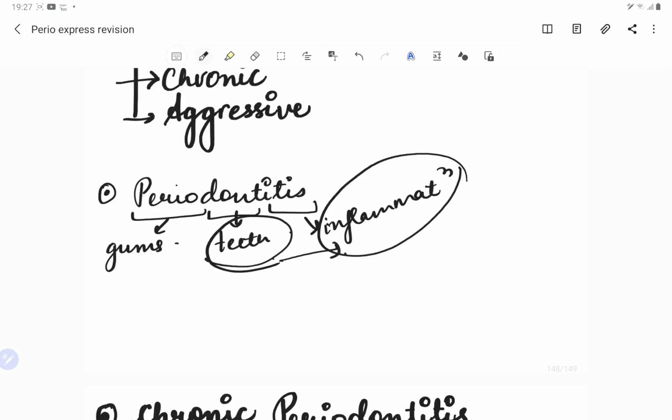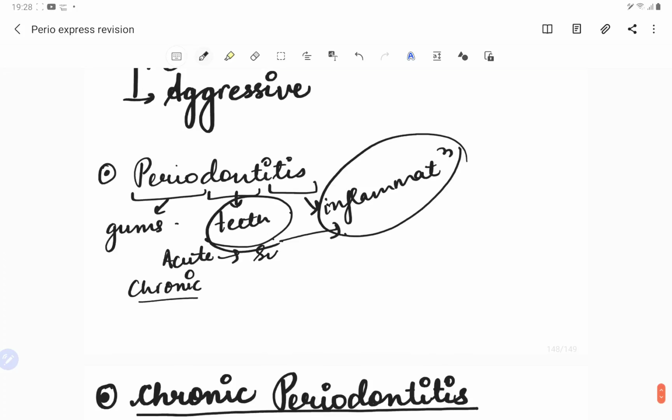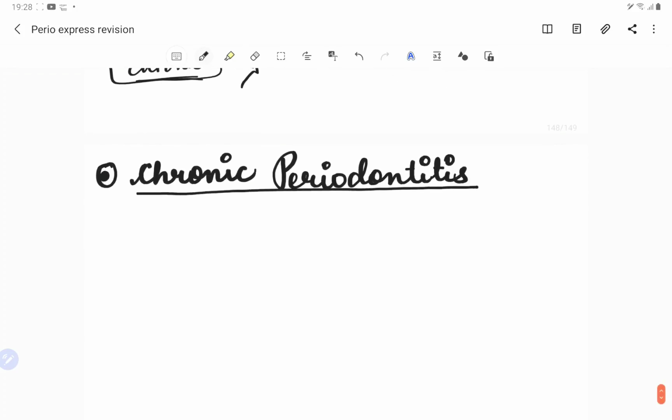Now we have got the term chronic periodontitis. See, there are two things. One is acute, one is chronic. Acute means the onset of the disease is sudden. Chronic means the onset of the disease is slow and it is occurring over some time period. So in case of chronic periodontitis, there is inflammation, which is usually due to infection. Now, the main cause of the infection is the plaque and the calculus. So what happens initially? There is plaque and calculus,